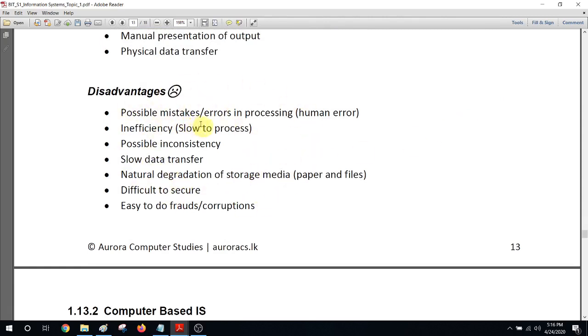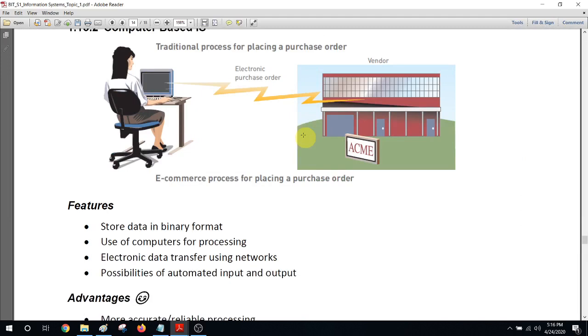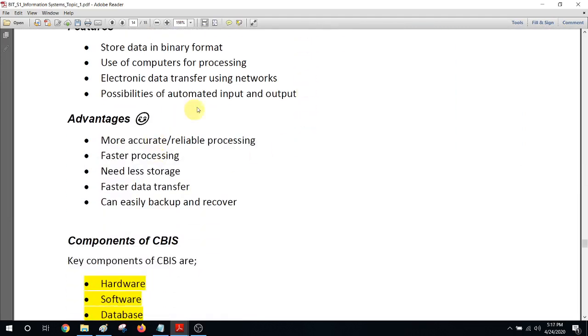And when it comes to computer based information systems, we are using computer hardware, and then we will be using some programs or software to do the processing. So we just have to enter data, and we can even automate part of entering data also. So there are a lot of advantages, right? It's more accurate, it's faster processing, needs less storage over physical areas, faster data transfer because we can transfer data in electronic format, can easily backup and recover, etc. Okay,